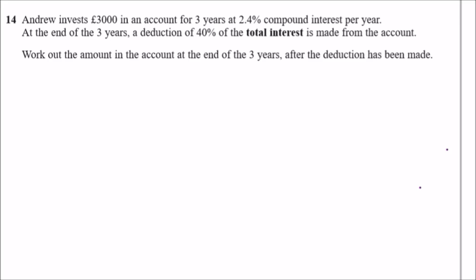Okay, number 14. Andrew invests £3,000 in an account for 3 years at 2.4% compound interest per year. Before we continue, just realize that this is our typical compound accumulation question, so we should always start like this. The formula is always going to be, firstly, the original value, which we're given, times some multiplier, so 1 plus